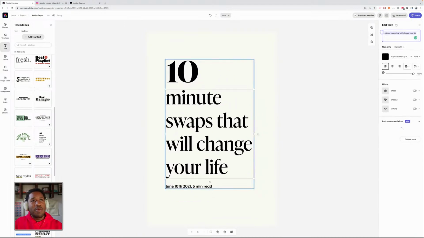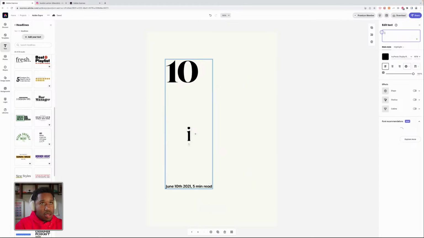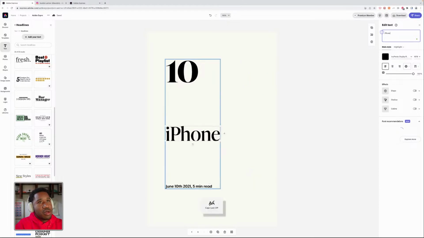And the next thing is when I double click, folks have asked me this question. Your text changes here, but you see it in this top right corner. So instead, I can go ahead and say something like, iPhone